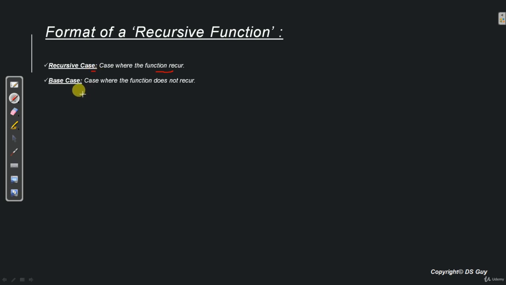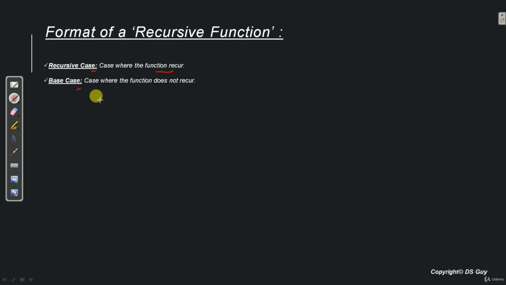Now the second thing is the base case, that is the case after which we do not make any more recursive calls. Or in simple words, stop this method and please don't make any more recursive calls. Now why do we need a base case? Because we need to tell the method that this is the case where you need to stop. If we don't specify it, then the method will keep going on forever and we will unnecessarily get stuck in